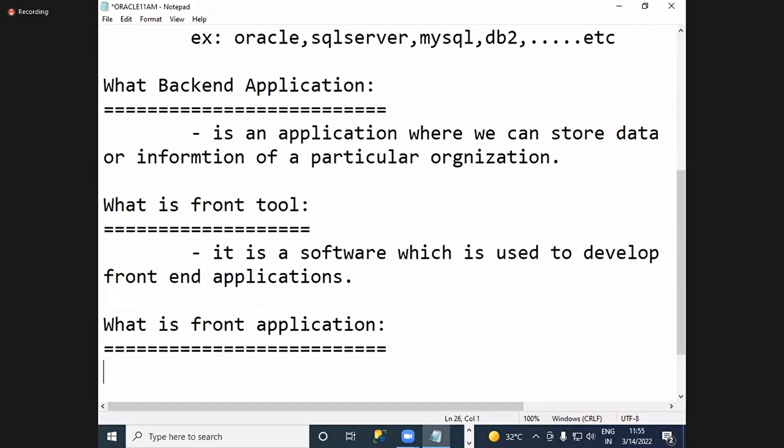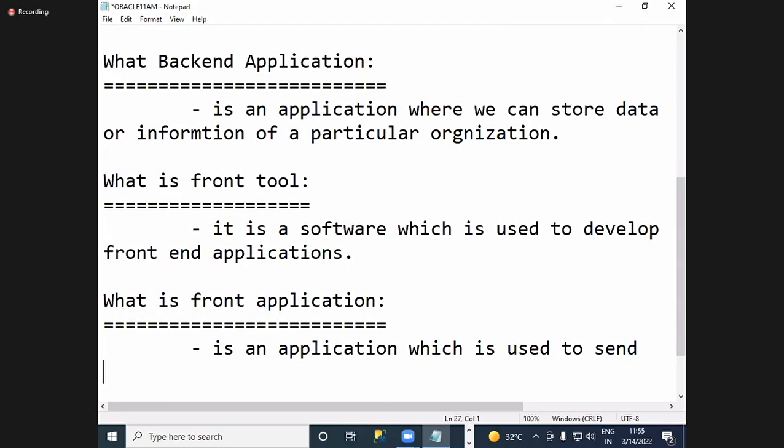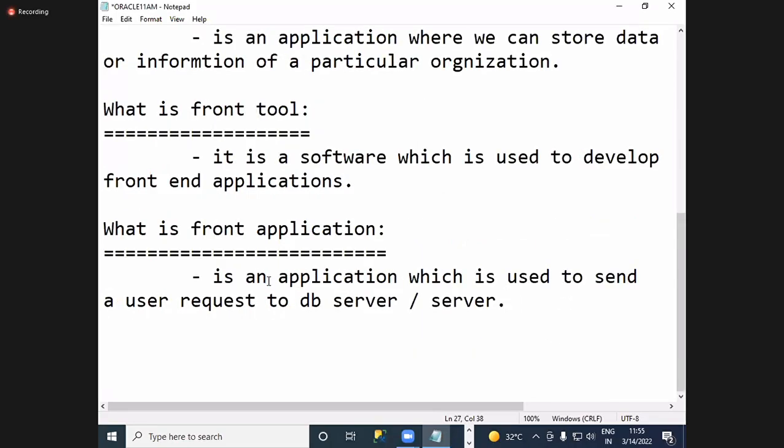So a front end application is an application which is used to send a user request to a database server or server. So a front end application is an application which is used to send a user request to the database server.